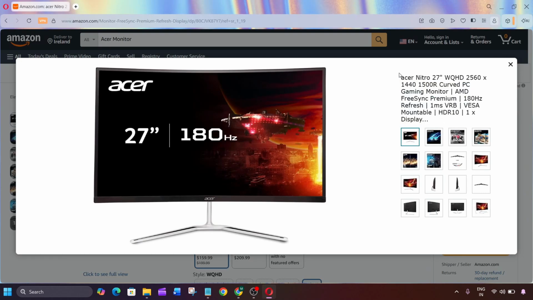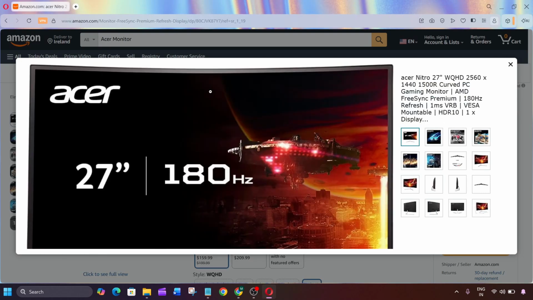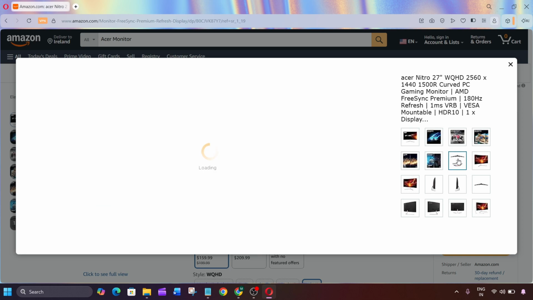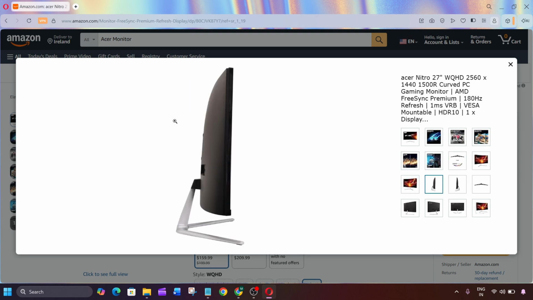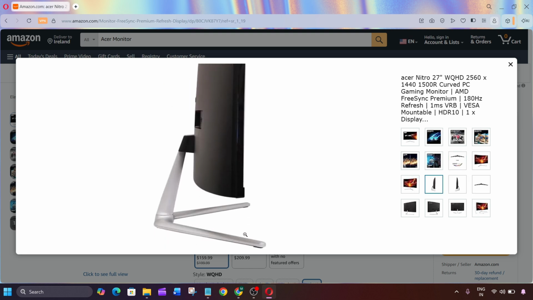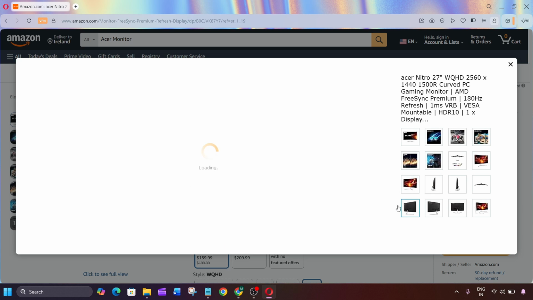Hey guys, if you're trying to play sound through your Acer monitor's built in speakers but audio is still coming from your computer or you can't hear anything, you're in the right place. Not every Acer monitor includes built in speakers, so the first thing to check is whether your model supports audio